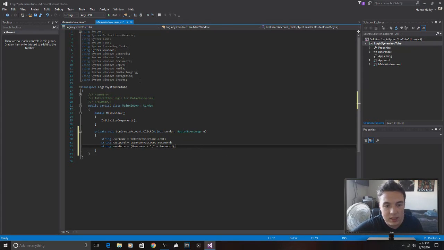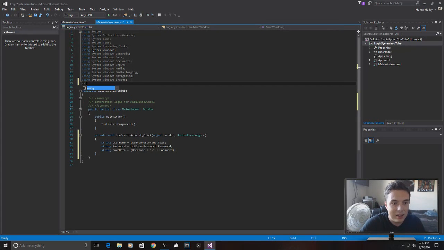Okay, now before we can proceed any further, we need to go up into our library section, drop a line, and type in using System.IO. This is the library that allows you to save and read text files. Alright, now we need to drop one more line, one or two, and we're going to type in